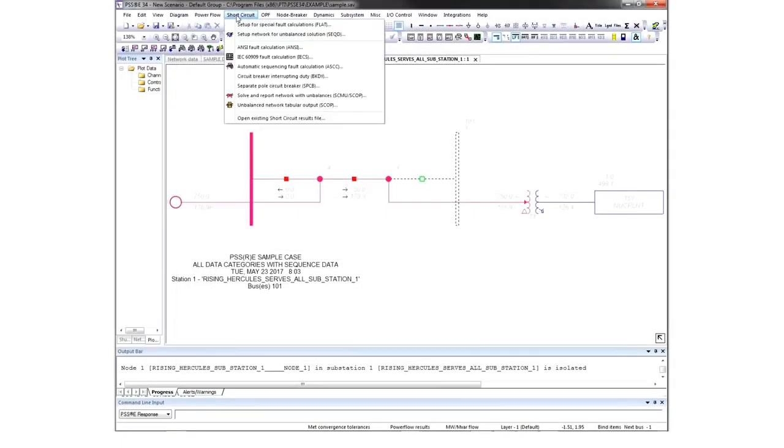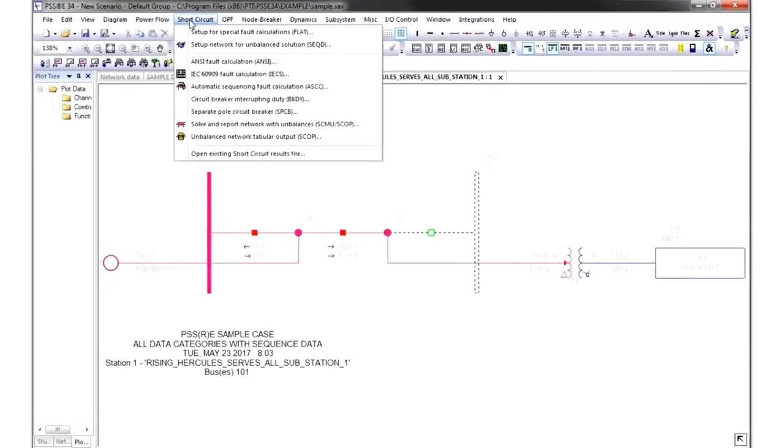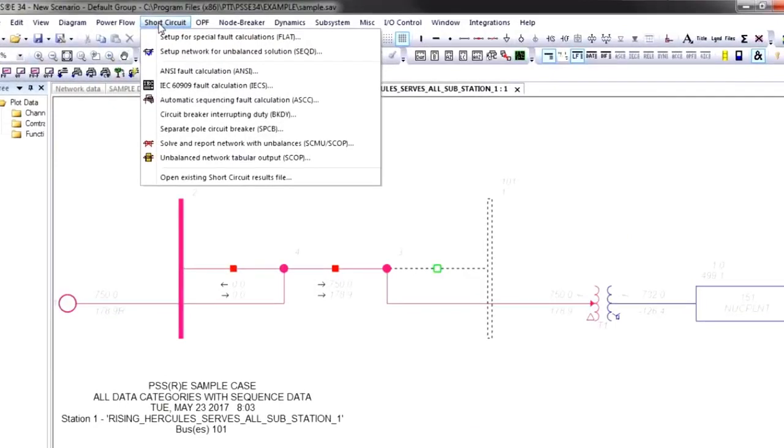Another area of analysis in PSSE is the short circuit model. It's based on the power flow model, but results are calculated in a different way. With short circuit analysis, the user applies various faults at various locations on the system and then looks at fault magnitudes, fault currents, and so on. There are standards for various parts of the world, and you'll notice the ANSI standard is completely supported along with